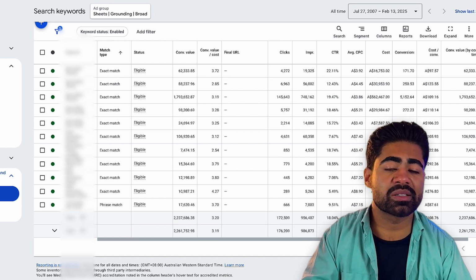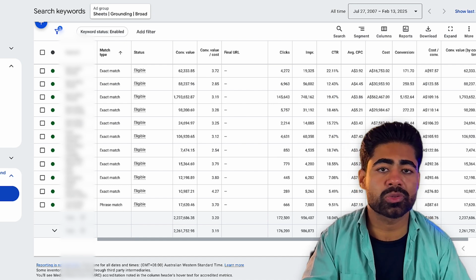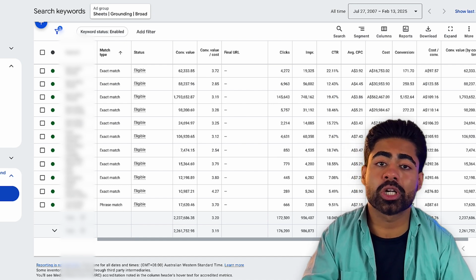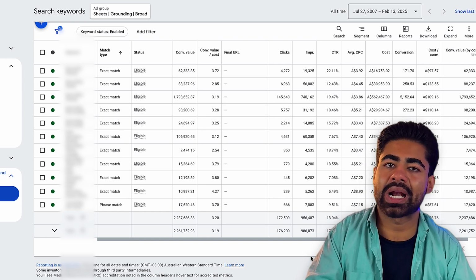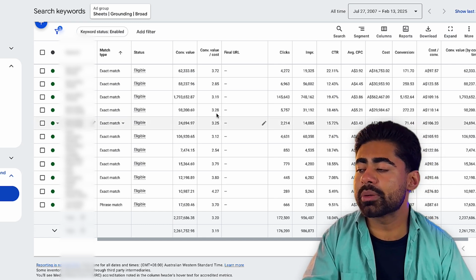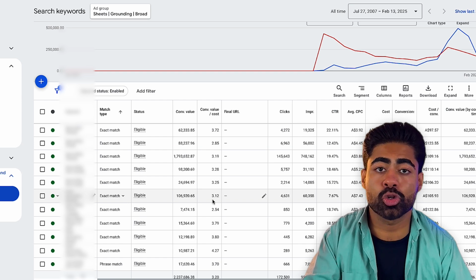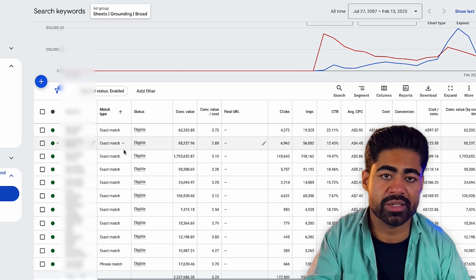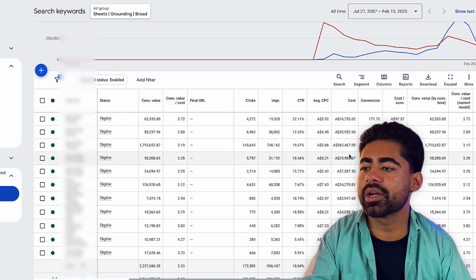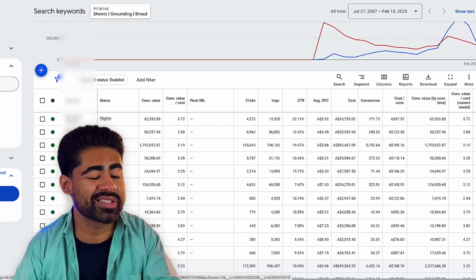We wanted to keep things based around these two match types because we don't want to give Google too much control with broad match and just go after anything and everything under the sun, nor did we want to narrow the overall targeting too much by going just after exact match, because with exact match, as you can see right here, it will generally lead you to the most amount of sales. However,